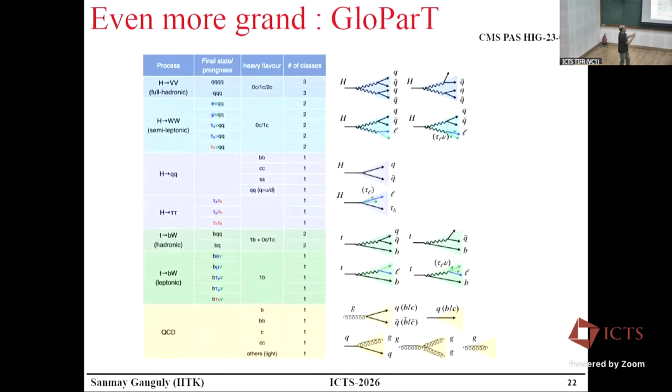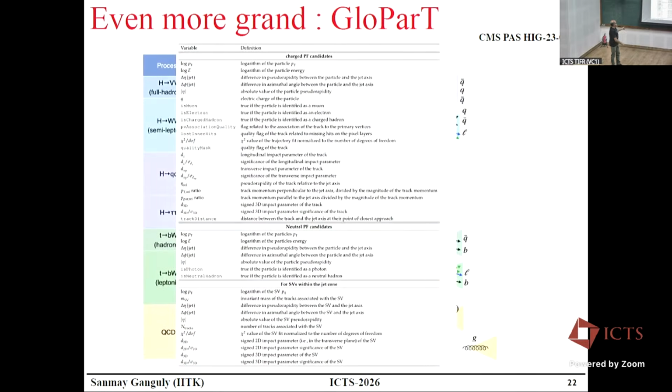And I will finish this part by telling you that the current best working model is something done within the CMS collaboration that takes all the decay modes of Higgs, be it hadronic or leptonic, and throws everything into a grand, big transformer architecture called GloParT. It takes this many input features. You don't need to read it, but the whole point is that it's now proof that if you have a transformer architecture where you throw all possible available data and train it well enough, it can perform all classes of jet tagging together, be it hadronic mode or leptonic mode.